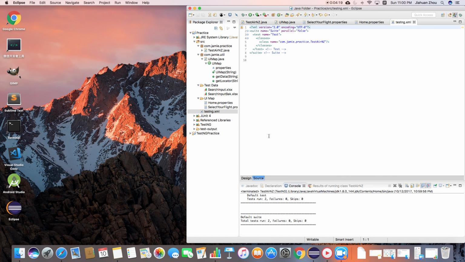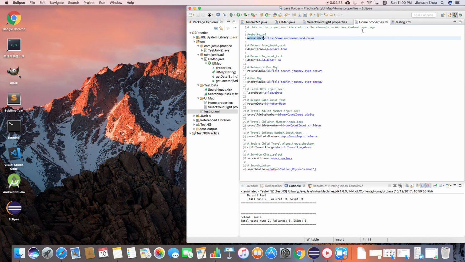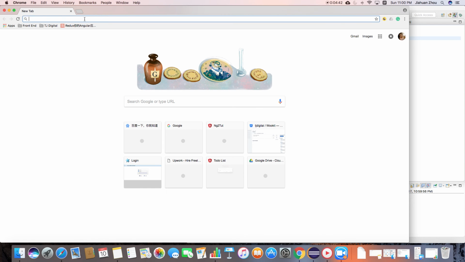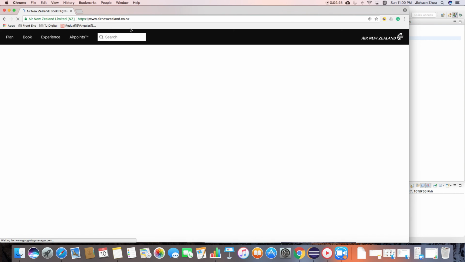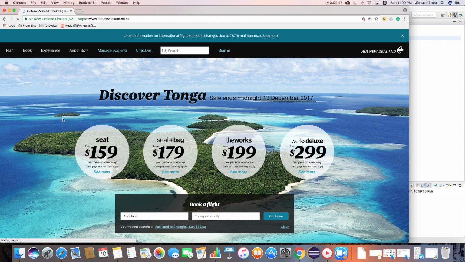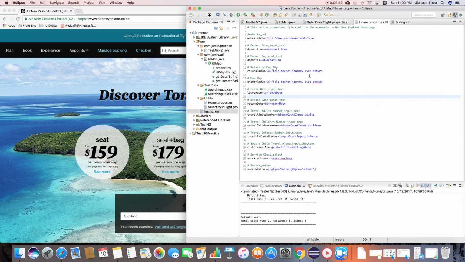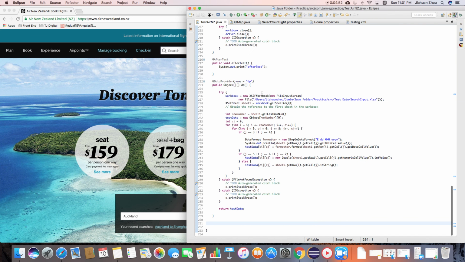Anyway, after the elements are loaded, it will send all the information, all the values of those keys that I found from this page, and then click on the submit button. Then it will go to another page. I can simply demonstrate manually, then you will know how it works. So the first method in TestNZ is